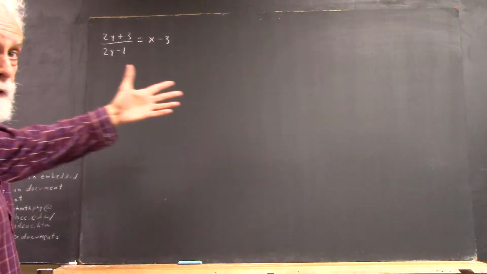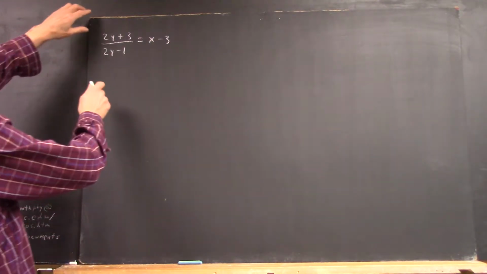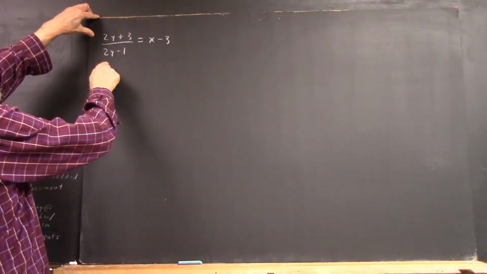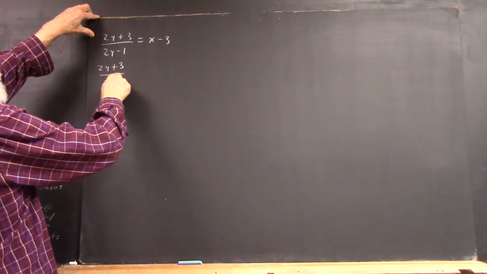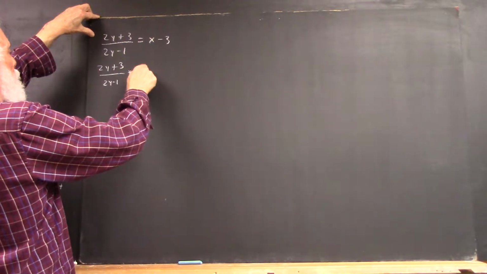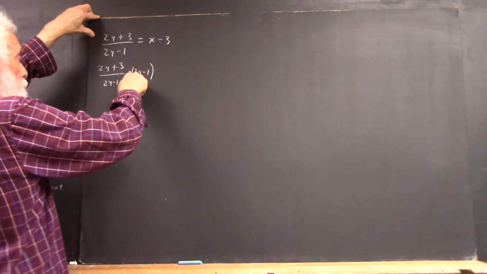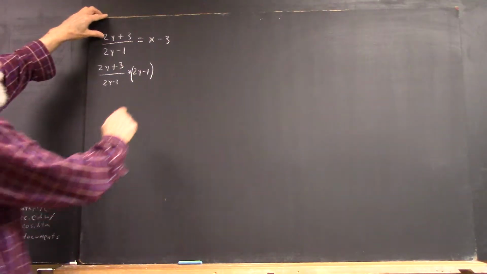Okay, first step is what? Multiply by 2y. Okay, so we write this out like so: (2y plus 3) over (2y minus 1) multiplied by (2y minus 1), putting the parentheses around this, so we multiply by the whole thing, equals